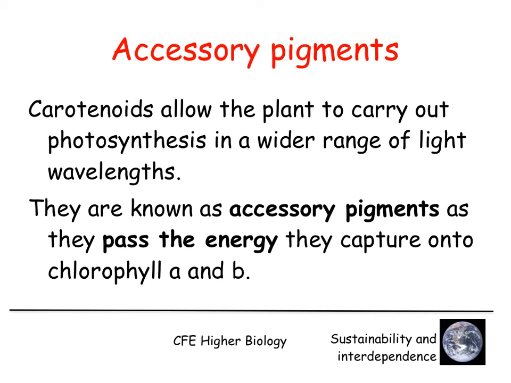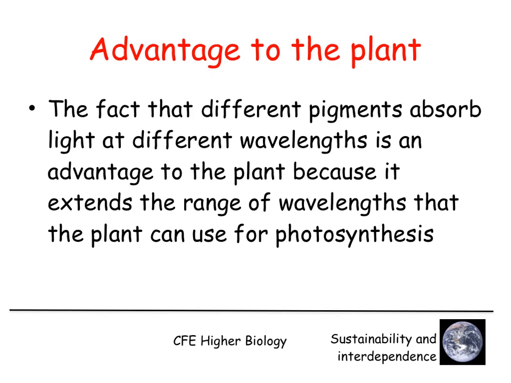Carotenoids allow the plant to carry out photosynthesis in a wider range of light wavelengths. They're known as accessory pigments because they pass the energy they capture onto chlorophyll A and chlorophyll B. And the advantage to the plant of having these different pigments is that they can absorb light at different wavelengths. This is an advantage because it extends the range of wavelengths that the plant can use for photosynthesis. So that is a summary of the light and the absorption of light by your plant,